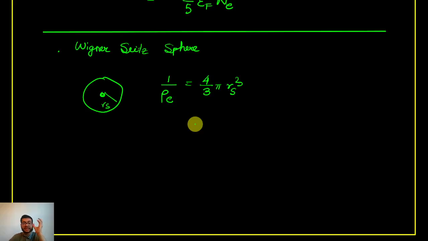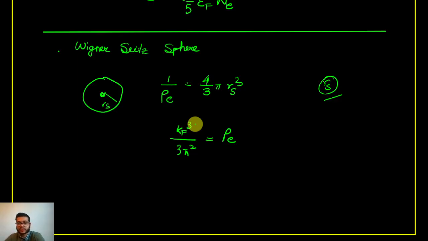So rs is actually a very important quantity. It is even used nowadays. It was defined in the 1930s, but it is used nowadays also to characterize various systems. So we got that this is equal to rho e,